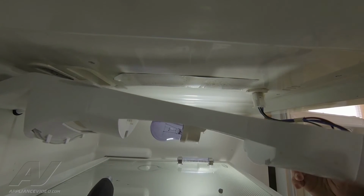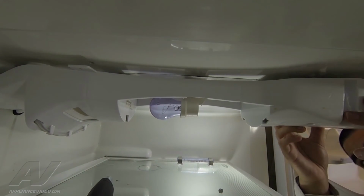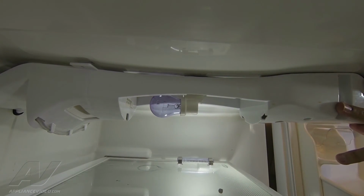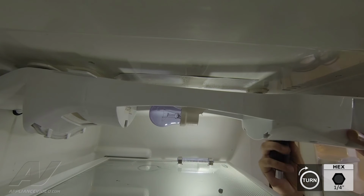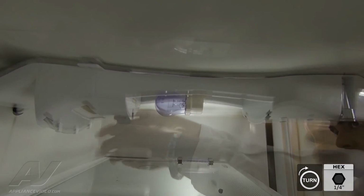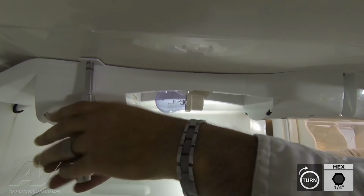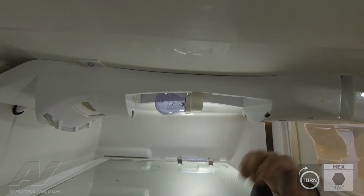So once that's done, we can go ahead and remount the actual control panel. To do so, we're going to be using the 4 1/4" screws we removed earlier. So go ahead and line up the control panel. And I always like to start at the front too, that way it'll free my hands up. Once the control panel is mounted with the 4 1/4" screws, we can go ahead and reinsert the thermostat knob